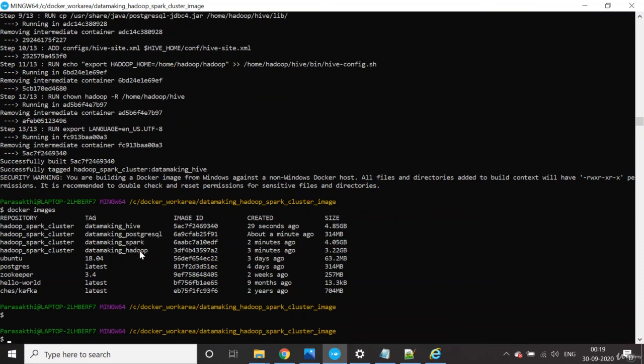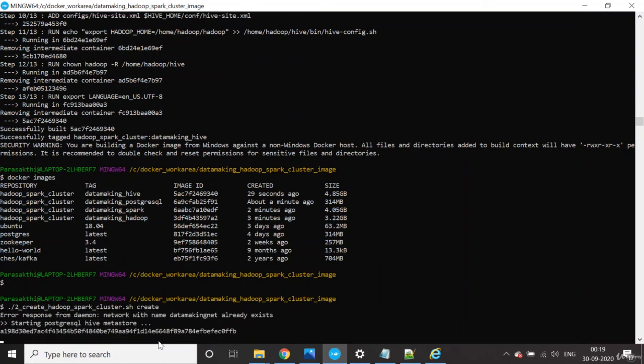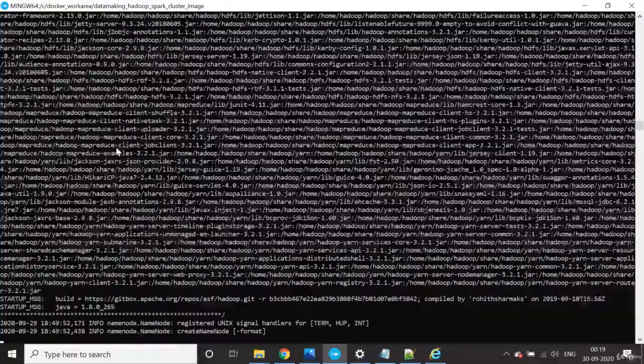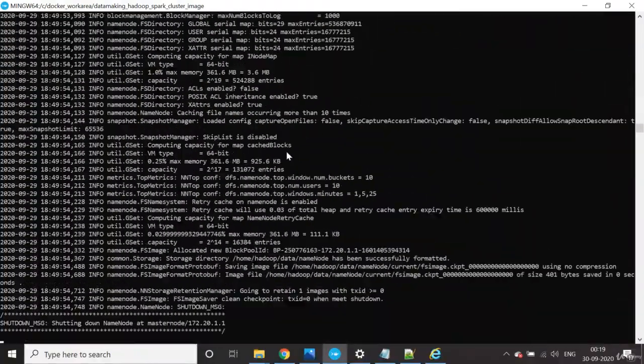To run it, again run the second file, create Hadoop Spark cluster .sh, and pass the flag as create for the first time. Now it is starting the respective processes, meaning containers. We already built the images, so it takes the images, creates containers and starts the respective Hadoop processes. Now it is formatting the name node.